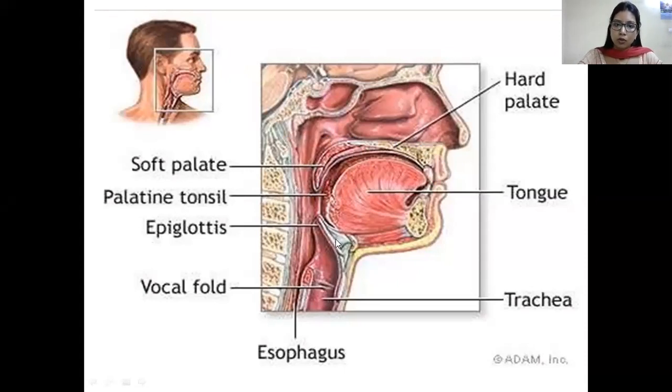Yes. So this is your epiglottis. This is your trachea, vocal cords. Posteriorly present is the esophagus. This is the area of your anterior and posterior pillars, palatoglossus and palatopharyngeus muscles. So when the food is in this area, the palate comes down from above and the pillars close from behind. So in this way, the oral cavity is made into a sealed cavity so that your breathing can happen from your nose, nasopharynx, oropharynx, laryngopharynx, and into the trachea.